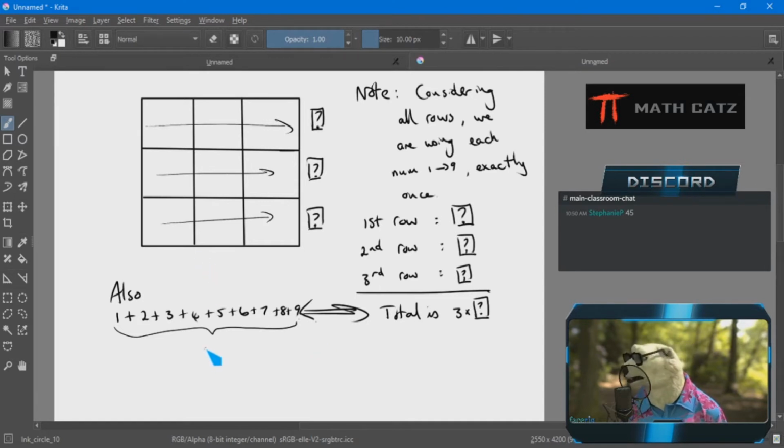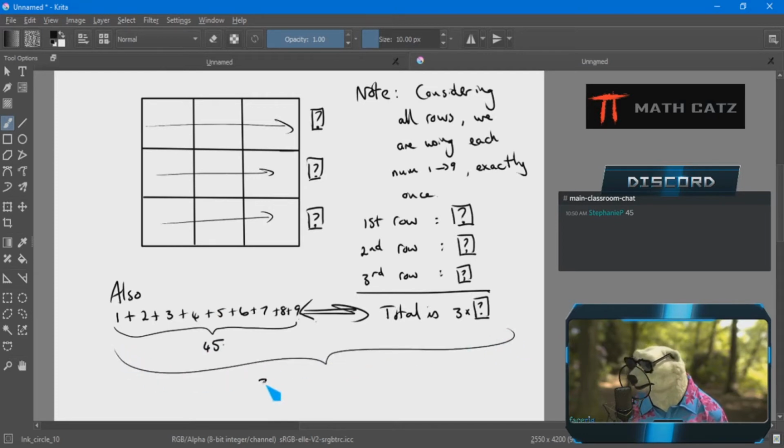You can do it one by one. You can do whatever you want. Calculator, I don't care. 45. So overall, that means 3 times this mystery question mark in a box is 45, which means that a single question mark in a box value is 15,